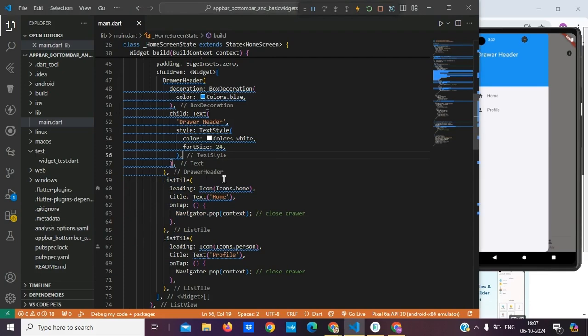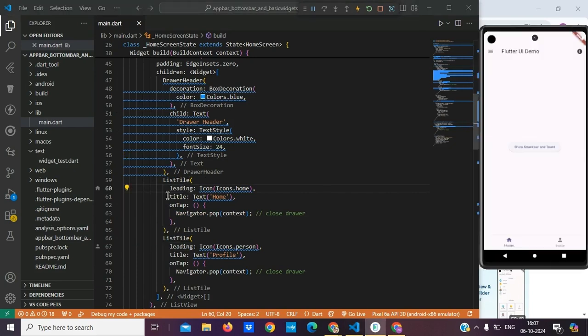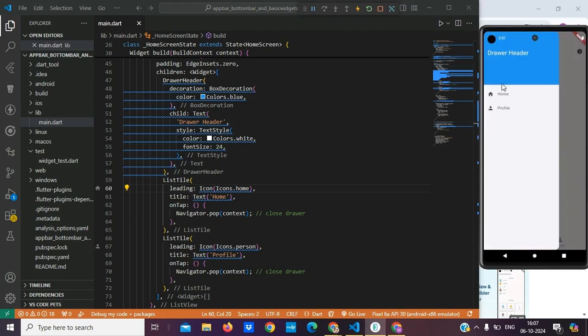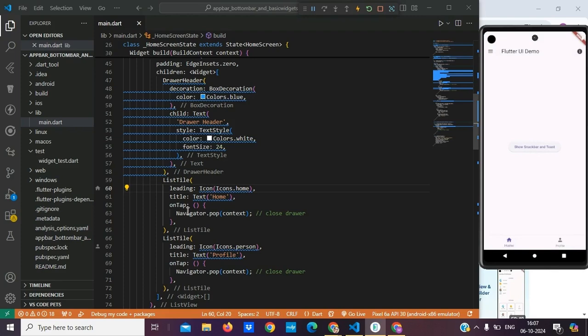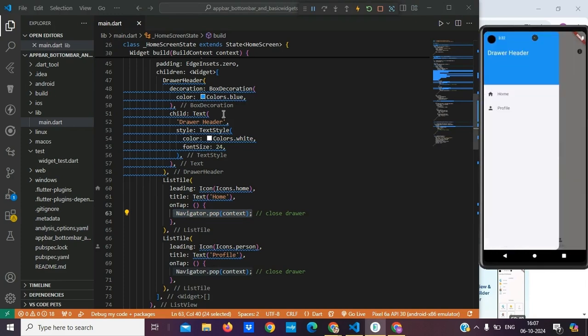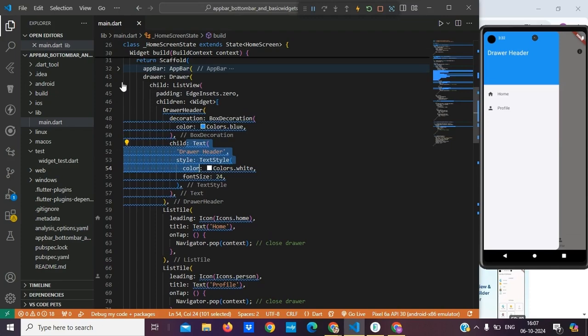I have used list tile there, and at leading I have added an icon for home and profile, and for the title I have added home as a title and profile as a title, and on top of that I am just navigating back, like I have used Navigator.pop(context). So when you click on this, it will go back. And I have used a drawer header, under that at text I have added drawer header. So this is a simple code for the drawer,